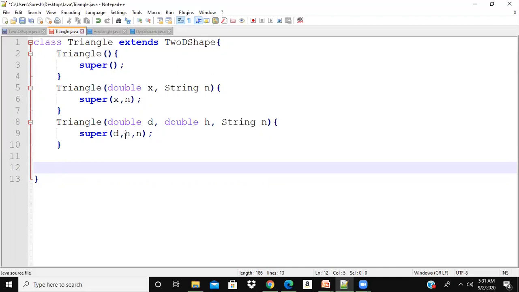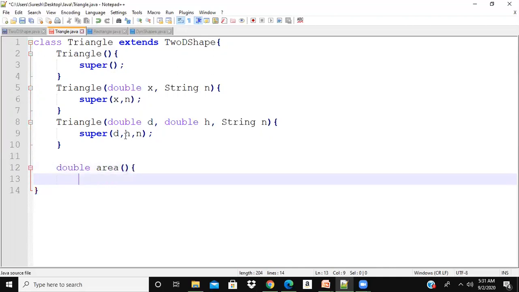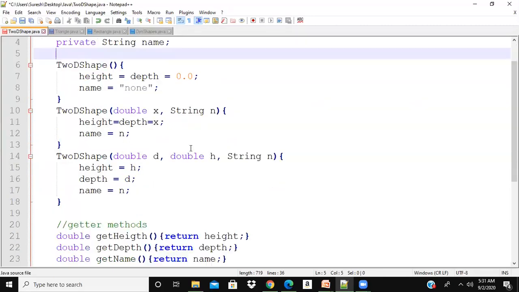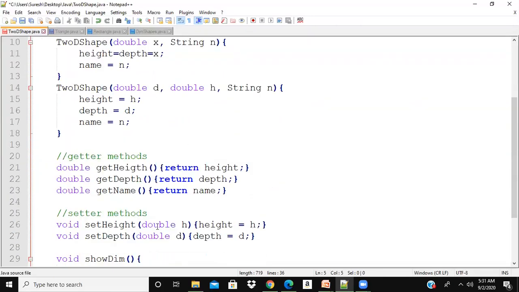So let us look at this double area. What is the area of the triangle? It should be half into base into height. So return. Let us just multiply this. So how to get the base, depth, and height of this particular triangle? We know that a class cannot inherit the private members. So depth and height cannot be inherited,